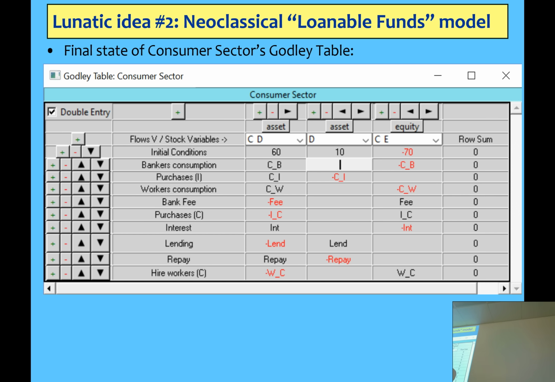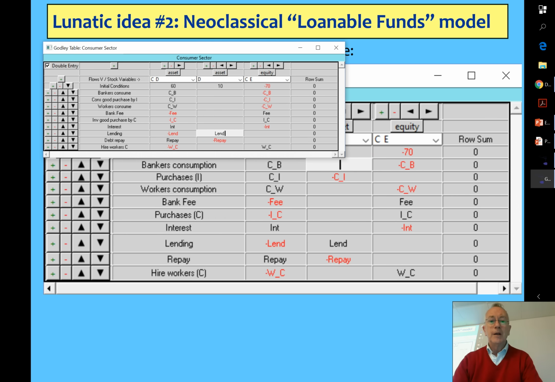Hang on. Purchases. You're right. That's a mistake. I put it in the wrong column. I haven't done it over here, so I better show you that one. Thank you for that. I had it in the wrong spot. That's my mistake. I'll probably fix it up later in the system.